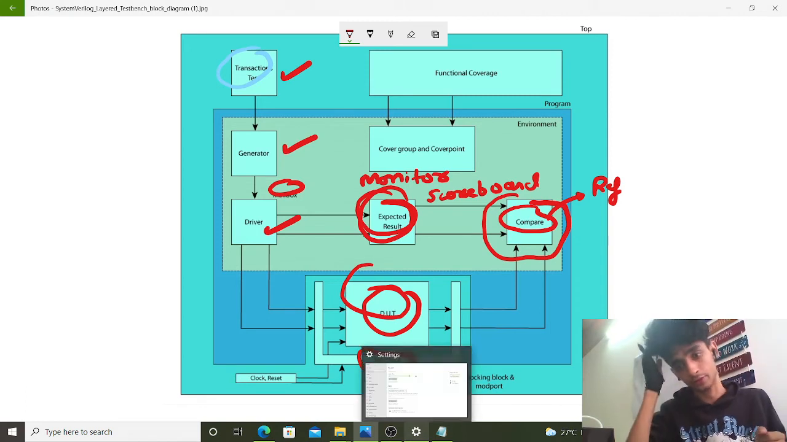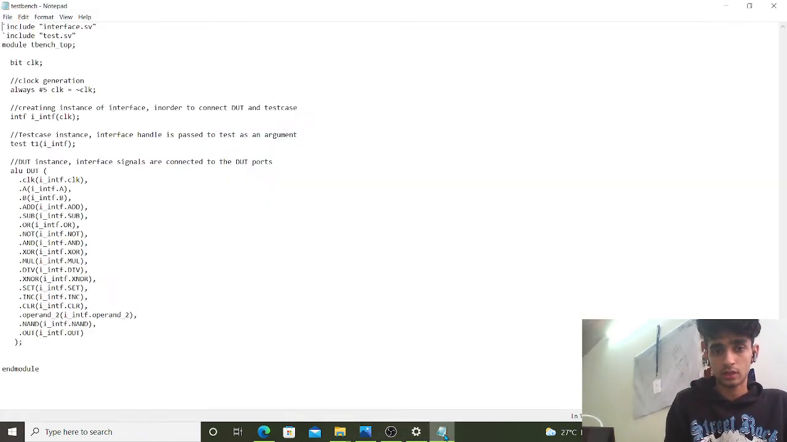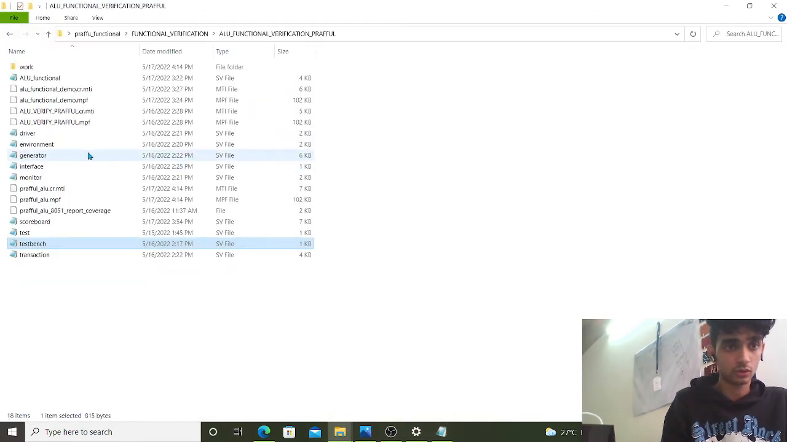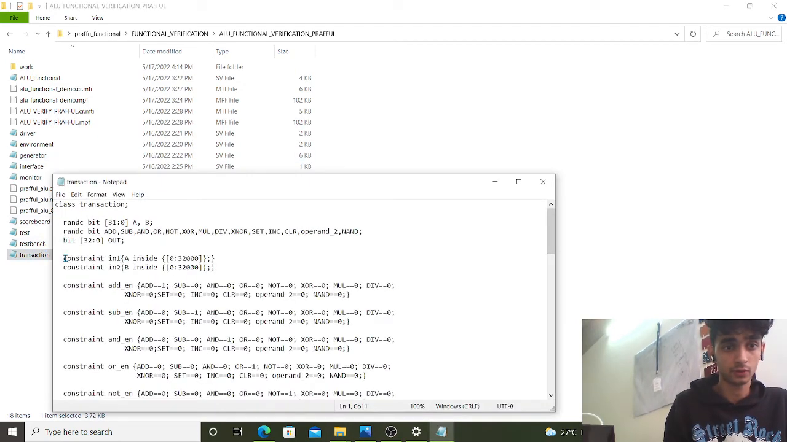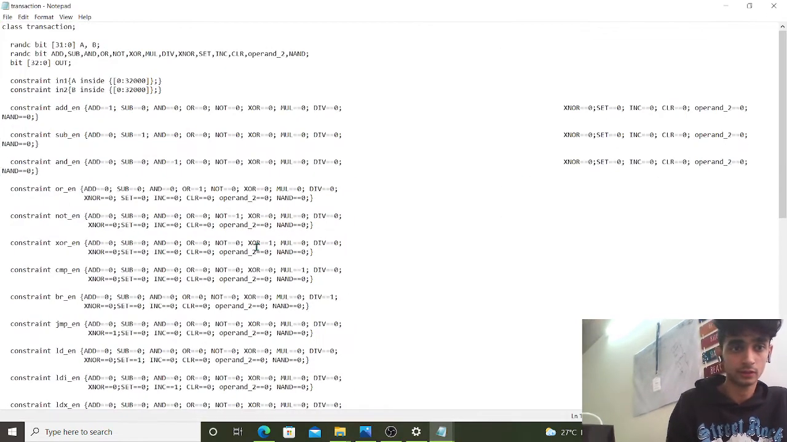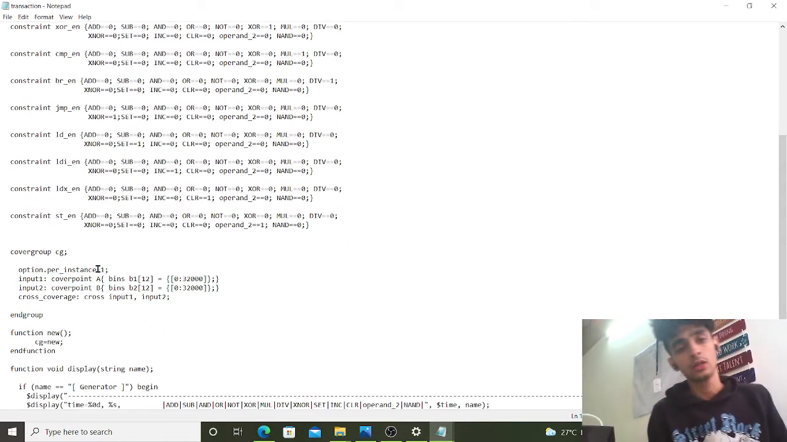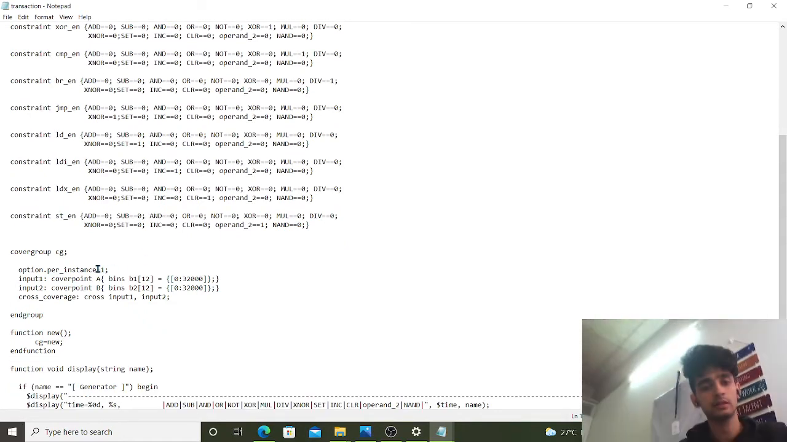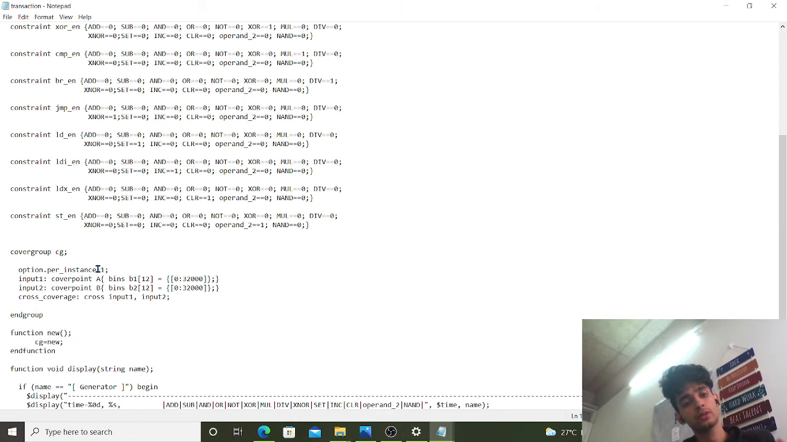The coverage driven verification. So I also want to tell you about the coverage which we have defined in our transaction class. Here we also define this cover group. So it's basically the thing which is going to tell us what the coverage of our transaction is, or you can say what the coverage of our design is, right? So